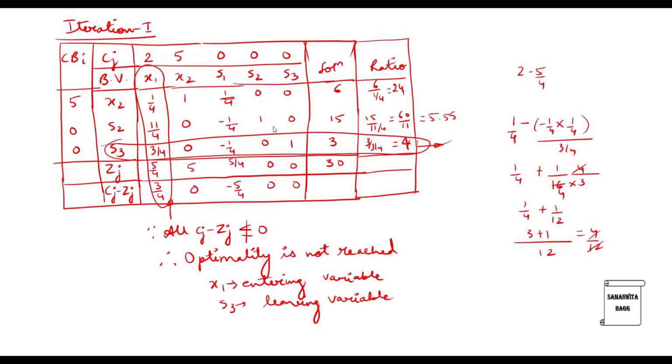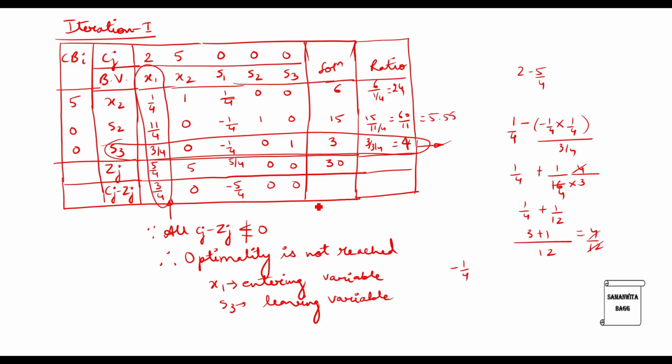Now you can calculate for the rest two positions. Don't be happy if this old value is 0. Be happy if one of the two, either key row or key column element, is 0. If that is 0, be happy. If this position itself is holding an old value of 0, then it is of no point. It is just that the number will now be minus something, negative. So let me solve for this position.